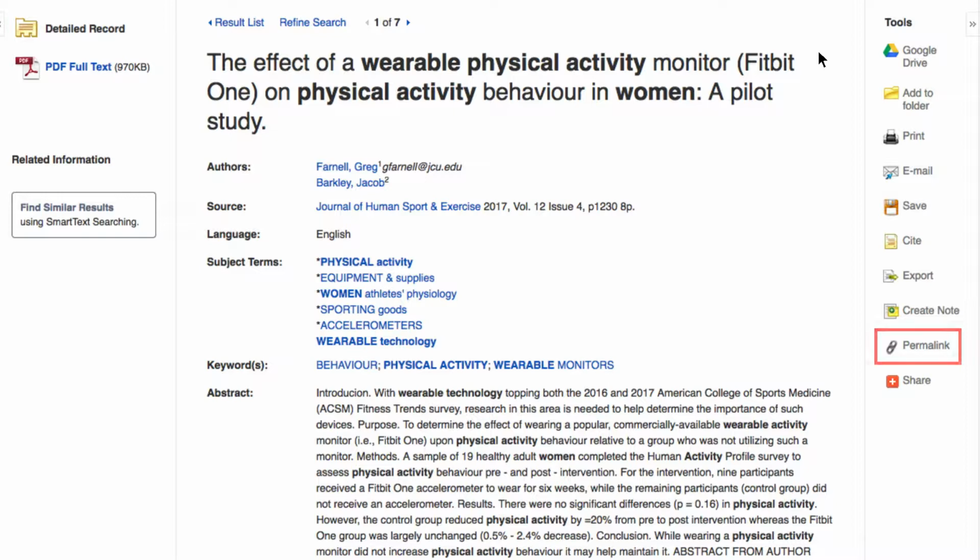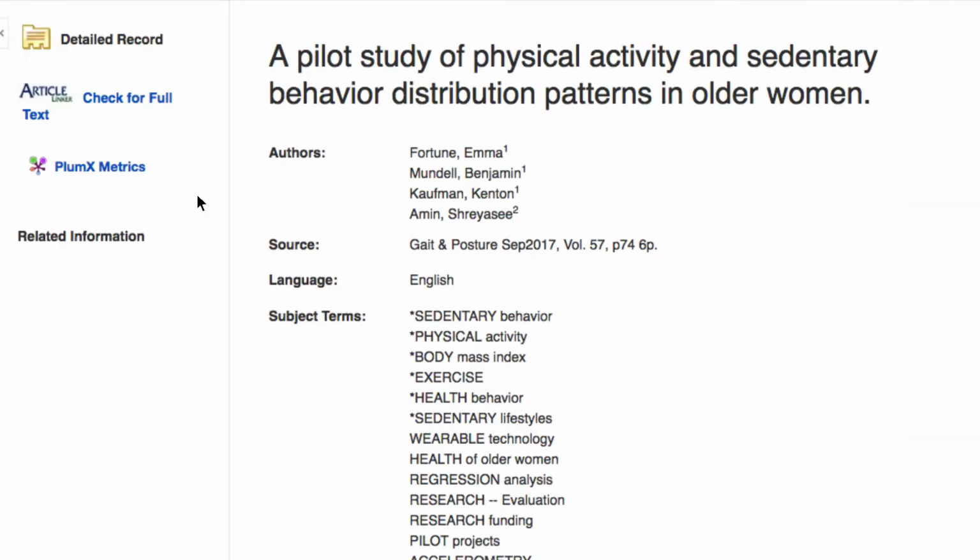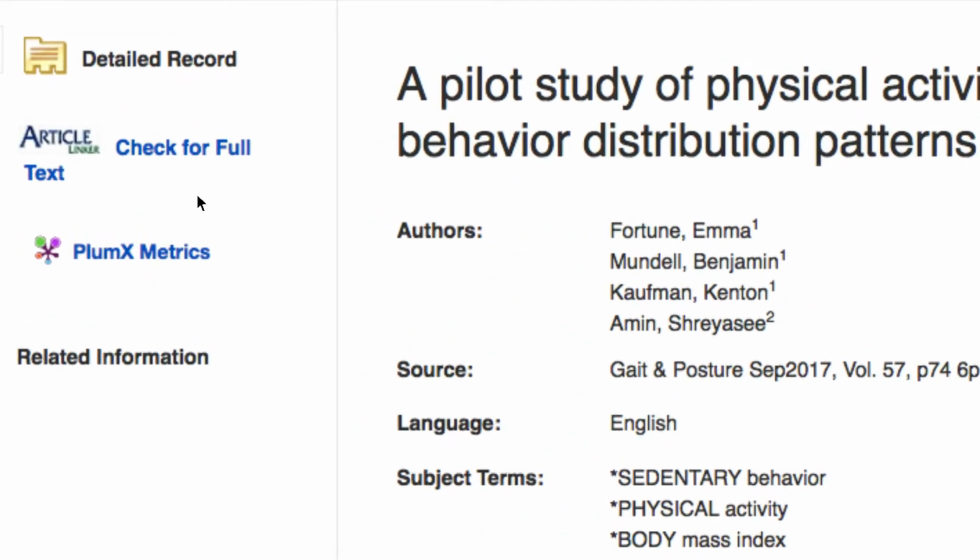If you decide the source is relevant, there are a couple of ways to read the full text. For many articles, in the upper left corner of the record page beneath Detailed Record, there's a PDF full text option. Here you can read the article, or click the download button in the top right corner to save it and read later. In some cases, instead of a PDF button, you'll see an article linker check for full text